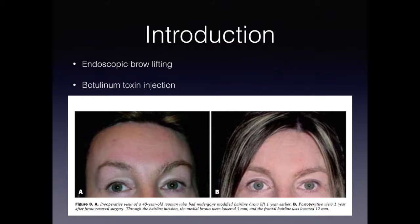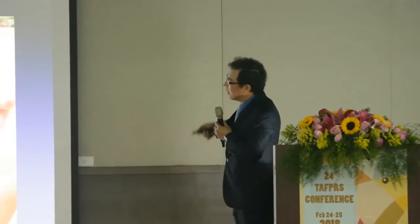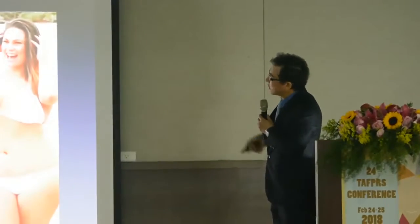Okay, so nowadays, replacement of volume loss has been used as a treatment modality to improve the aging of the face. Improved outcomes have been reported when facial volume has been dealt with during facial rejuvenation. Autologous fat grafting can be used to achieve this goal of rejuvenation in the upper third of the face,